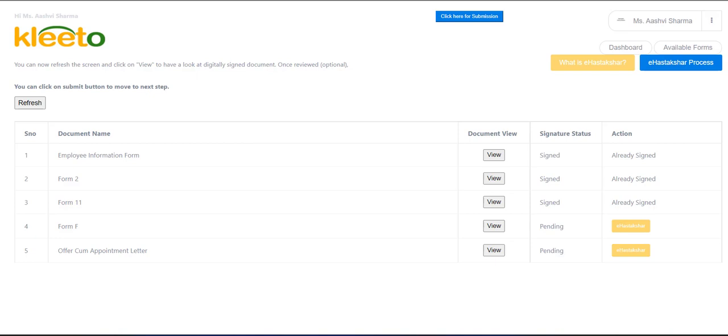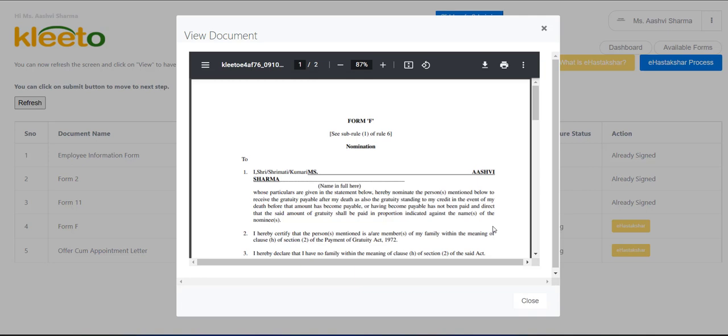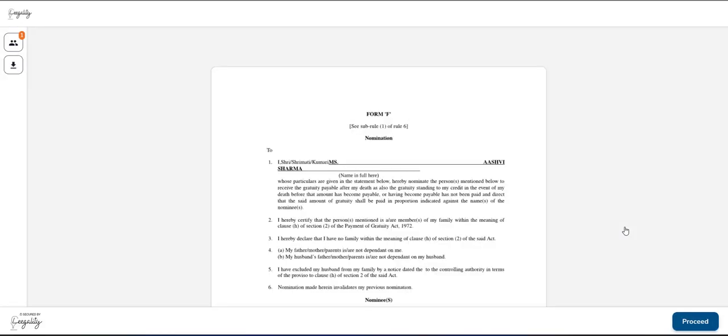I click on these documents and I can see if they're accurately filled for me or not. The documents are correctly filled and now I'm ready to sign the documents. I will click on the tab that says e-Hastakshar. The link connects us to the e-Hastakshar site. It is a technology promoted by the Government of India and is based on the Aadhaar card credentials. Once the candidate puts in his or her Aadhaar card details, the e-Hastakshar site releases a digital signature of the candidate, and then he or she is able to sign the documents digitally.